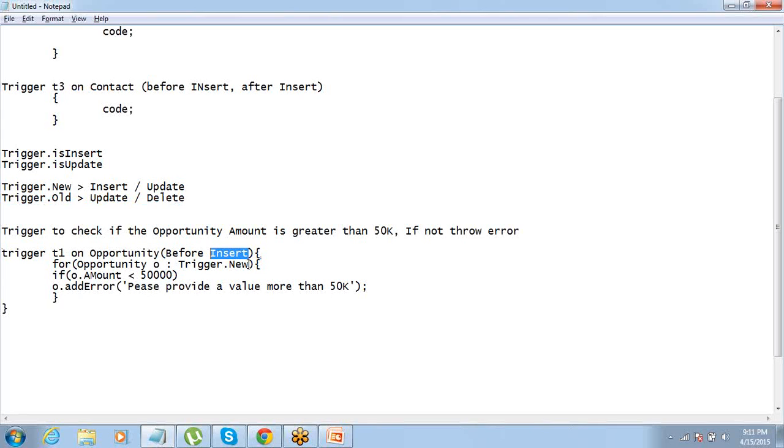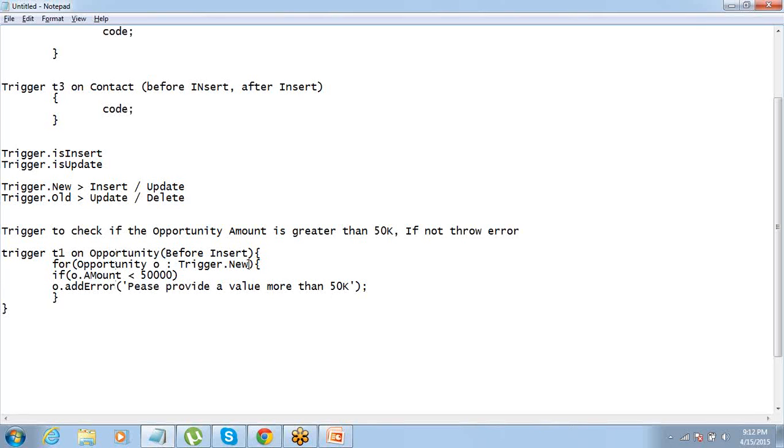Now what happens here is, this is a list of S object. So you might be entering 20 records or 200 records, right? What I want this code to do is run a for loop for opportunity O for each record. So opportunity O is a single S object opportunity record within trigger.new. Go and check the amount of that particular record. For every record, it should check if the amount is less than 50,000 or not. In case it finds that less than 50,000, it should throw error. Tell me who could not understand this.